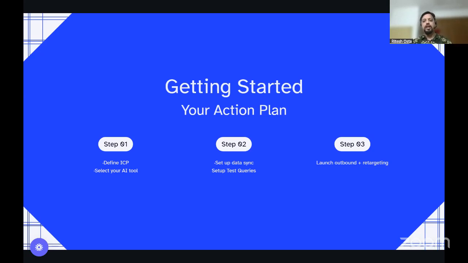You can even run ads to those companies and show how you are helping your customer with your product and service. That will generate FOMO, the fear of missing out, because those companies are similar to your customer, and if your customer is benefiting from your product and service, that's going to create some sort of FOMO in these companies, and they will try to contact you and say, hey, we also need these results.